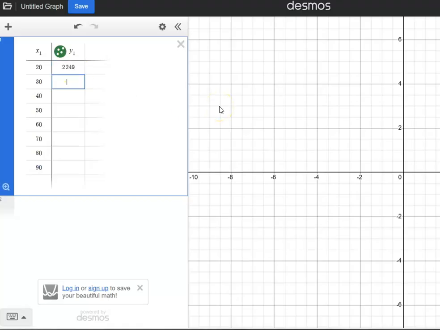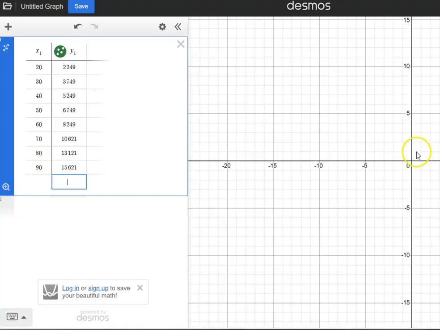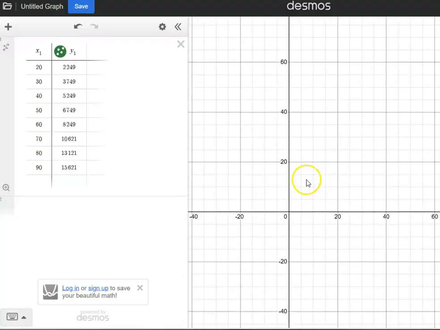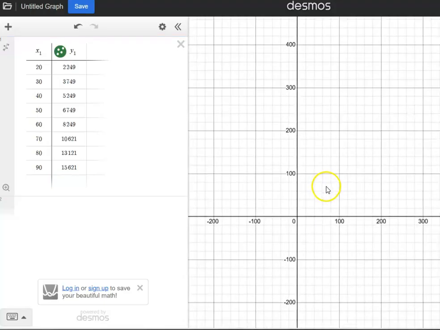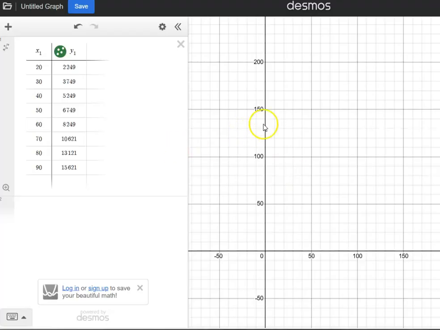These are the ones I have to do 10 key now, 2249. If you don't know 10 key, it saves you a lot of time if you have a keyboard that does that. ID 249, 10,621. Don't put the commas in here, guys. Some people keep trying to do that. Desmos does not like commas, or at least not the way we think they are. Okay, and somewhere on the graph is way up there, the data points. You can scroll out and try to find them, but it's going to take me forever because I'm only 150